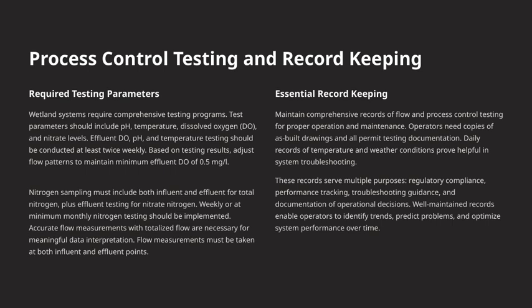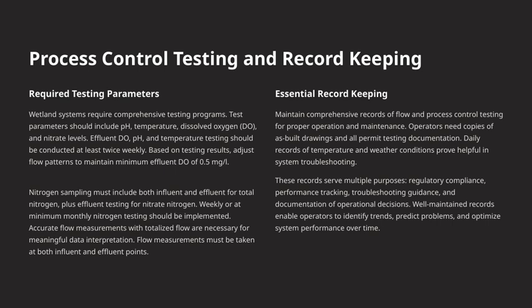Moving on to record keeping, maintaining detailed records of flow data and process control tests is critical for proper operation and maintenance. Operators should also keep copies of all as-built drawings and permit testing documentation. Daily records of temperature and weather conditions can be incredibly helpful when troubleshooting system issues. These records serve multiple purposes. They help ensure regulatory compliance, track system performance over time, guide troubleshooting efforts, and document operational decisions. When records are well maintained, they enable us to identify trends, anticipate problems before they escalate, and optimize system performance